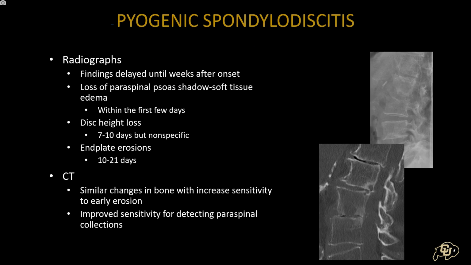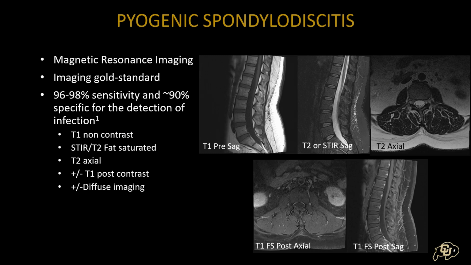So just like any good radiologist, we're going to start with a radiograph, and we're going to be looking for those specific findings of end plate erosions, of relative osteopenia, and of disc height loss. But we are going to remember that these findings take a long time to show up, up to 3 weeks after that inoculation of the vertebral body before we're going to see anything on the radiograph. CT can be a little bit more sensitive. We can pick up subtle end plate erosions and disc height loss, but really MR is going to be our